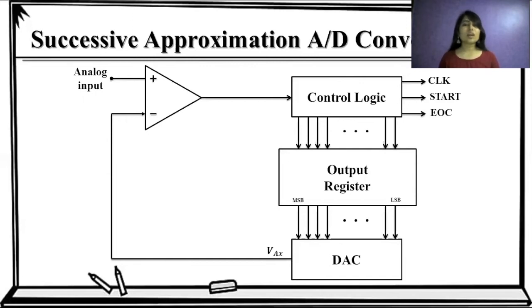So how does this circuit work? First, as discussed previously, we enable a bit of the DAC using the control logic. Let's take an example. We have an analog input of 10.2. In this circuit, we make the first bit, the MSB, 1 and the remaining bits 0. Here we consider just 4 bits, so the first bit combination is 1000. Now this digital information is given to the digital to analog converter.